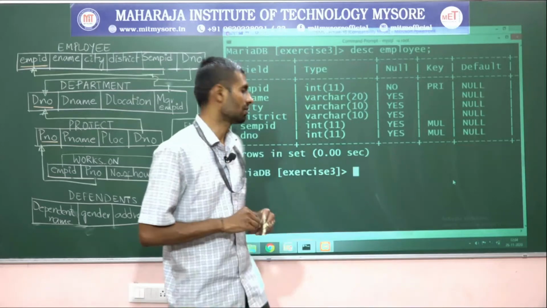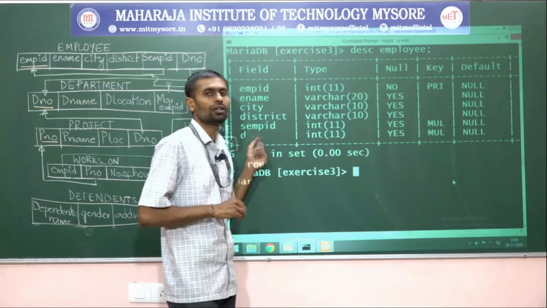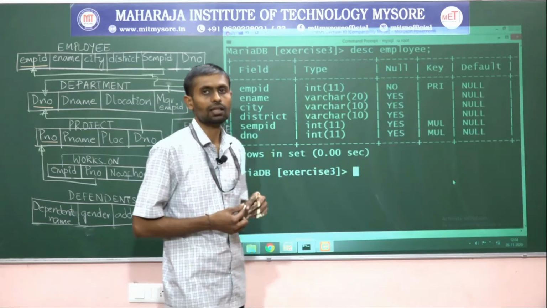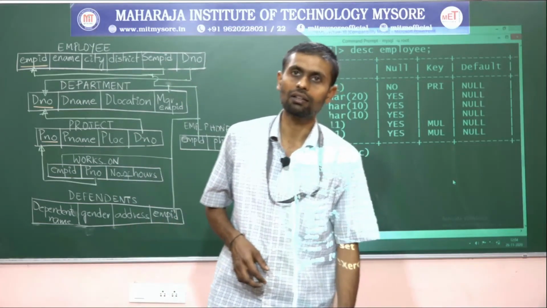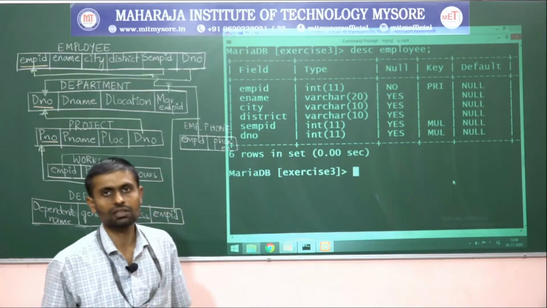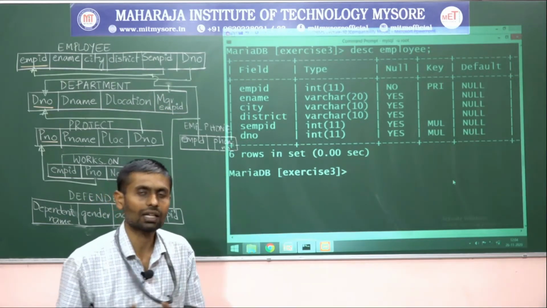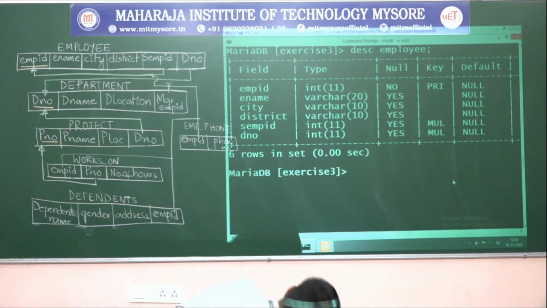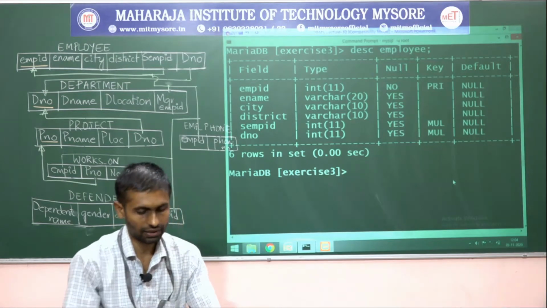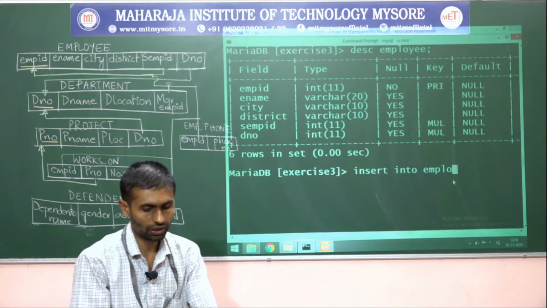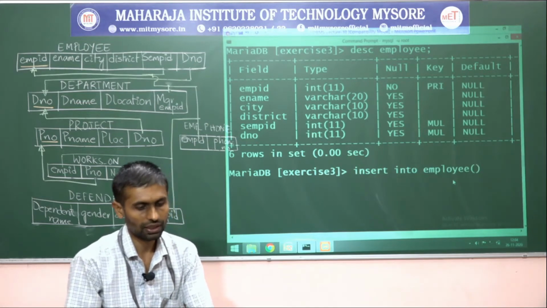One solution is that initially we can make use of null for this column, because a foreign key can take null as a default value, guys, right? We can give that. So initially giving a null, then later we can go with updating. That we can do, guys. Fine. So we'll go with inserting a tuple: insert into employee, then employee ID.